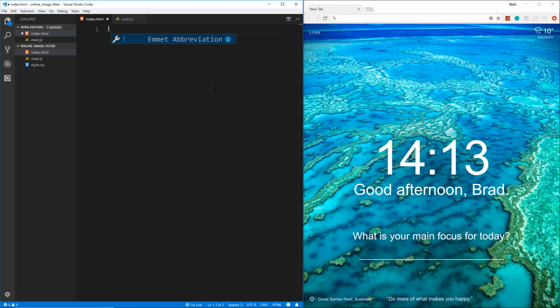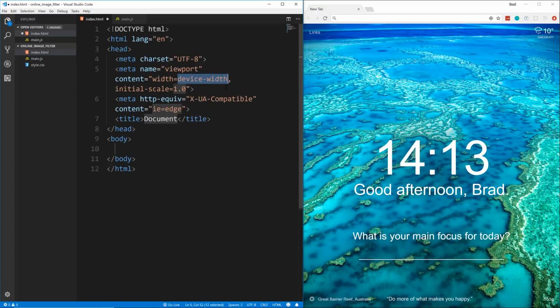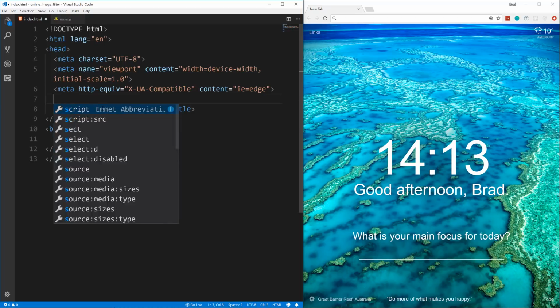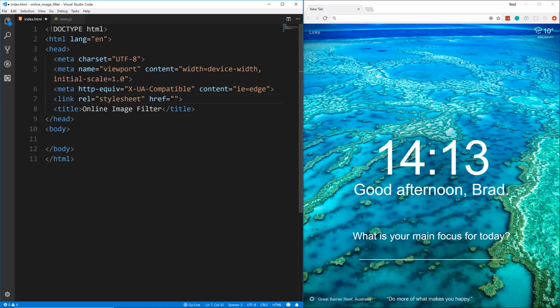Now I'm using VS Code, so I can use Emmet by doing exclamation tab, and that'll give us a basic boilerplate. I'm just going to close the sidebar for now. And let's change the title. We'll just say online image filter. You can call it something different if you want. And then we're going to link our style sheet. So let's put in